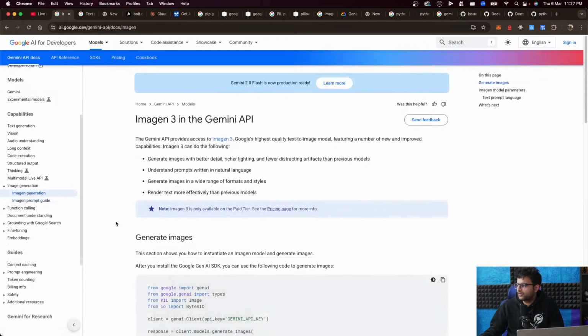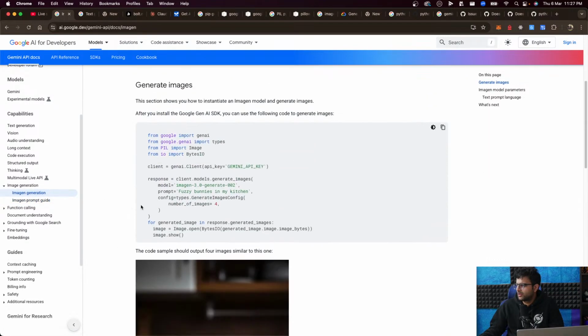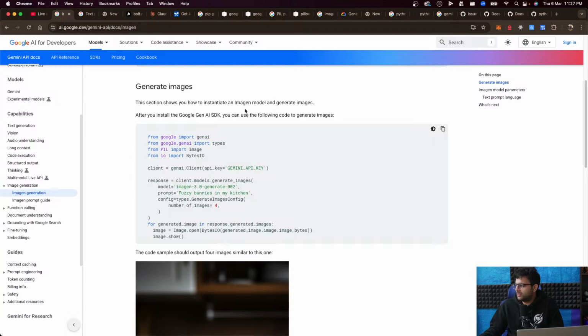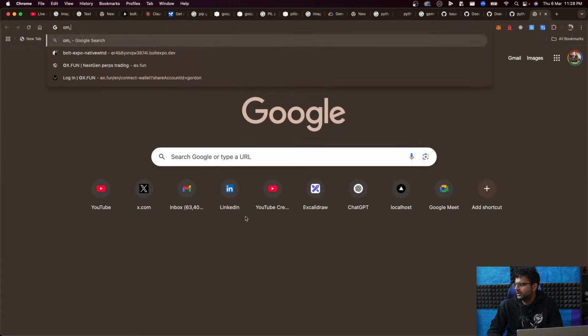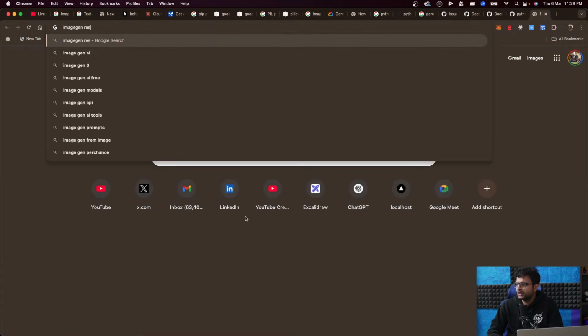Image generation. Yeah, we need to see the REST API calls that happen under the hood for this. So, image gen REST API.